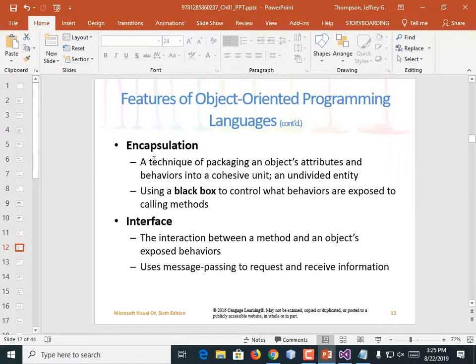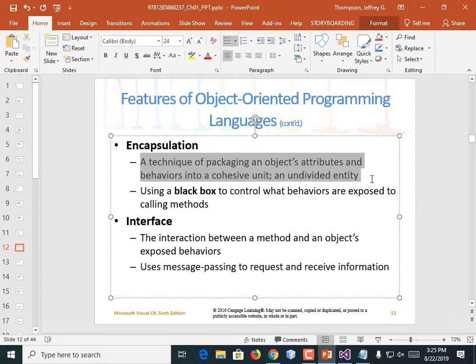So encapsulation is when you put all the variables in an object and then you give it methods and it's treated as a cohesive unit. So you might have an employee object and then you might have methods that act upon it: save to file, fire the employee, reassign them to a new division, that kind of thing.